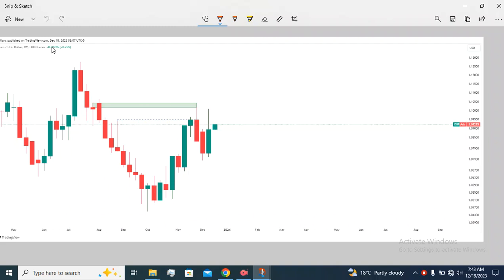This is a chart for EURUSD on the weekly time frame, as you can see, whereby we took some liquidity. As you can see, we took some liquidity here,